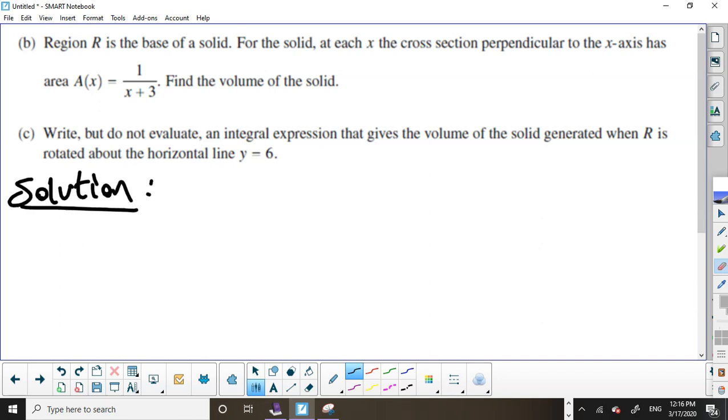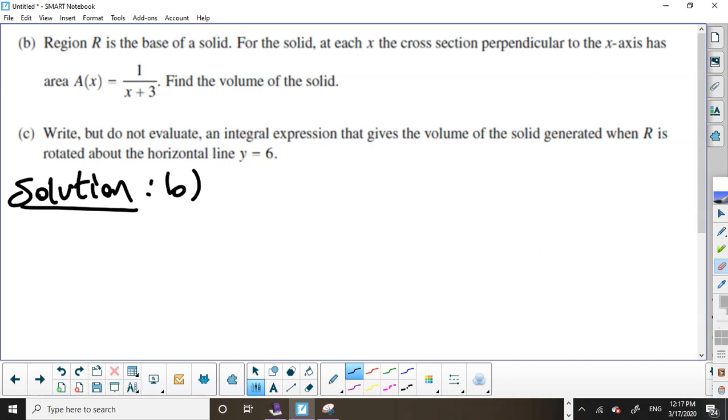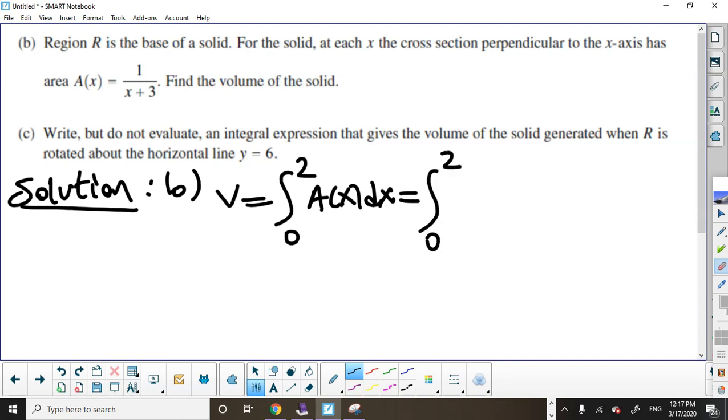Okay, in part B, each cross-section perpendicular to the x-axis has area A of x equal to 1 over x plus 3. After we cut the entire solid into thin slices between x equals 0 and x equals 2, we can get the volume by adding up those areas. So the volume V is equal to the integral from 0 to 2 of A of x dx, which is the integral from 0 to 2 of 1 over x plus 3 dx, and this is going to be equal to ln of x plus 3